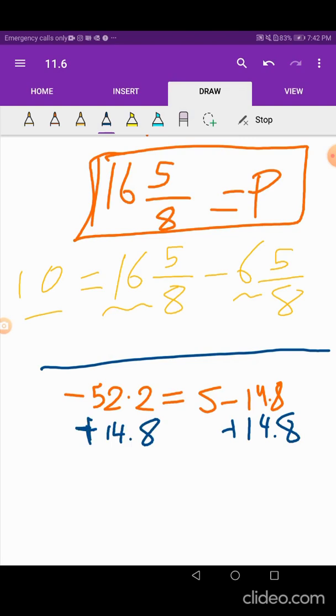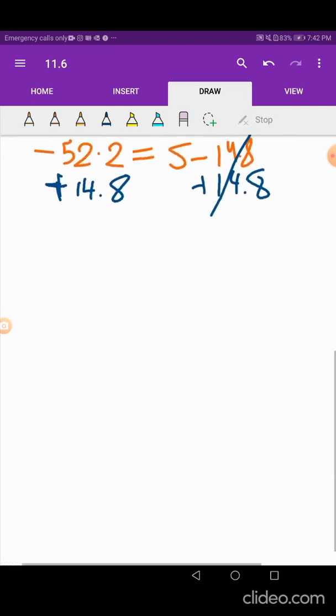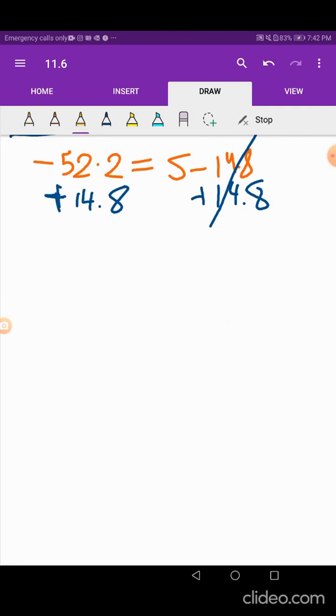Now, negative 14.8 plus 14.8 will cancel each other. While on the second side, I have a negative number and a positive number. Do you remember the rule? Same signs, add them. Different signs, subtract them. Since there are different signs, I'm going to subtract. So, simply